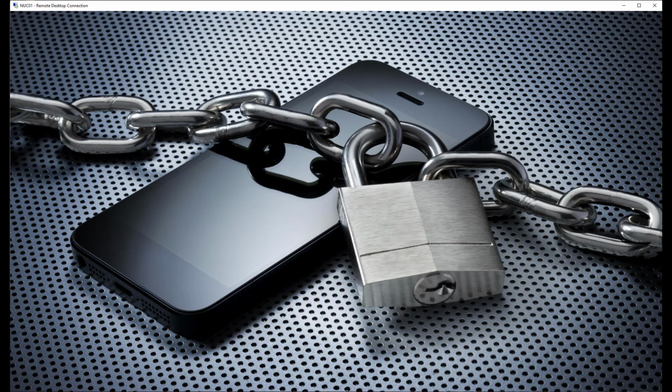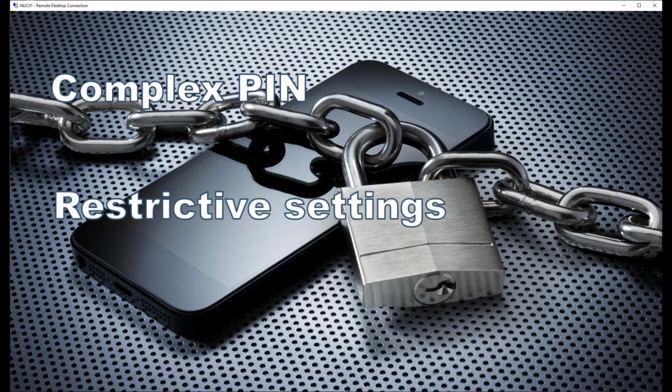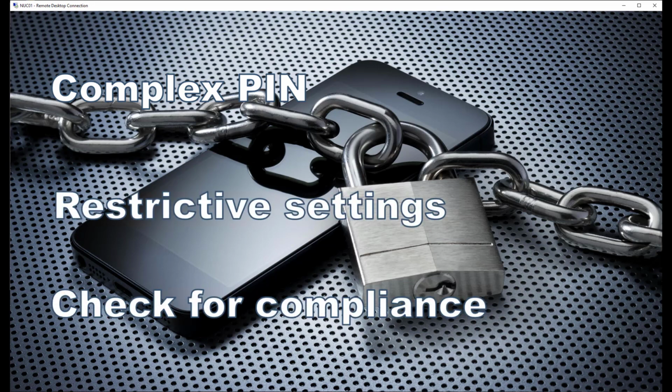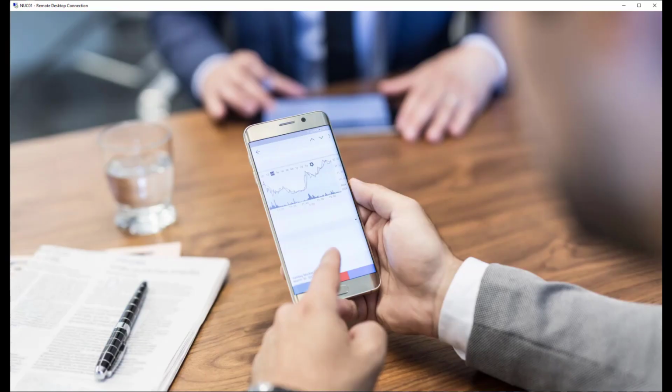When allowing users to connect their mobile device or a corporate device, we want to lock it down because we do that the same with all our Windows devices. So our first thinking is, oh no, we need to lock that device down with a complex PIN, with a lot of restrictive settings. And of course, we need to check for compliance if the settings are still applicable or still valid on the user's device. And of course,